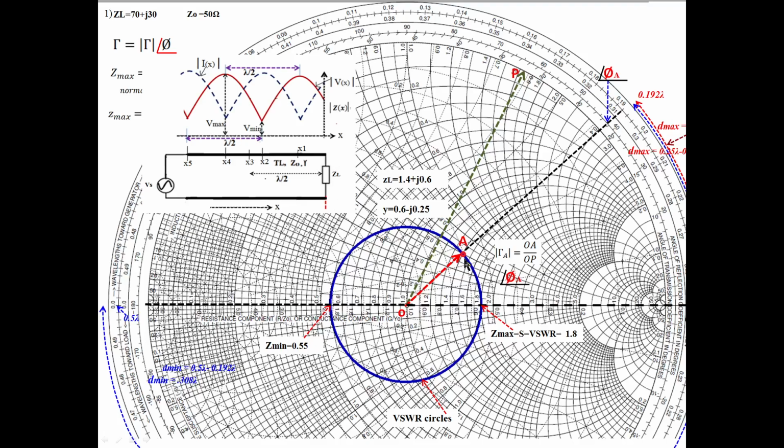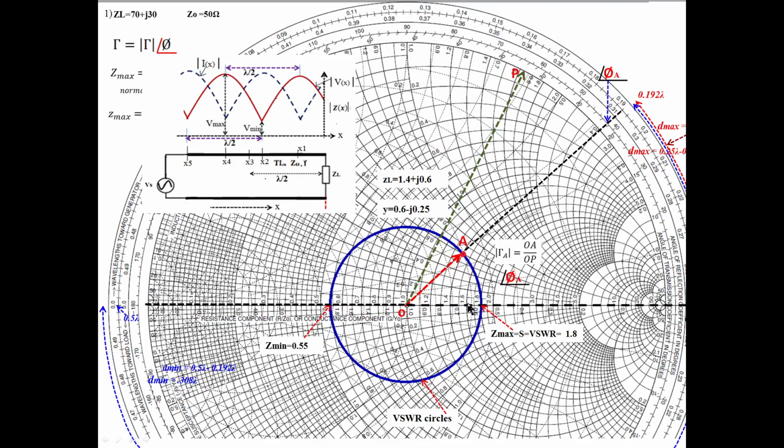To do that, what you have to do is mark the load. See again, for example, if the same load I have marked here. Starting from A, this point, you move in the clockwise direction. That is nothing but moving over the transmission line like this. You move like this, and you stop wherever you find a maximum impedance. As I said, maximum impedance always appears at this position, wherever the VSWR circle intersects the right side of this horizontal axis. You stop here.